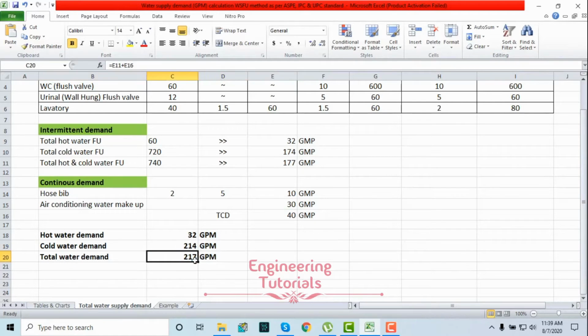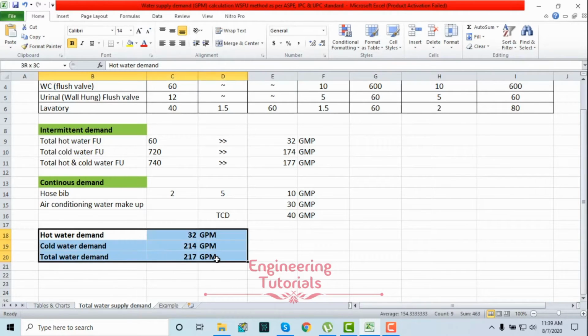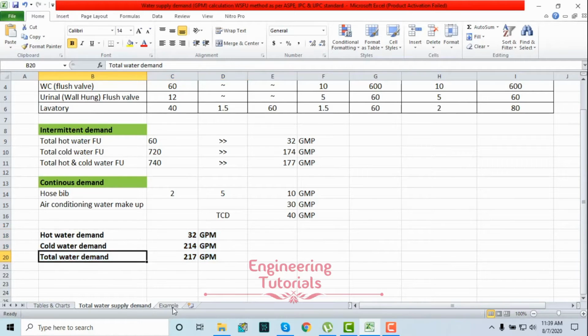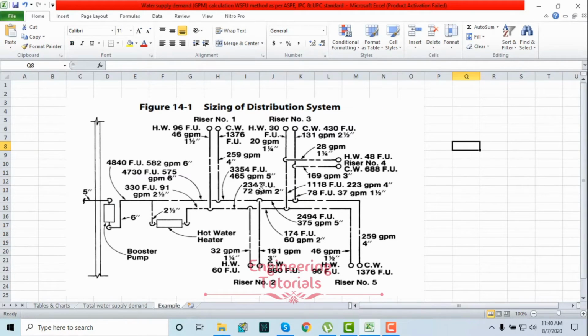And the total water demand required here is 177, the total water demand from before, plus the continuous demand of 40. So the total water demand required is 217 GPM. The reason we calculated hot water demand, cold water demand and total water demand is that if you move back to the example we are going to discuss in the next video,